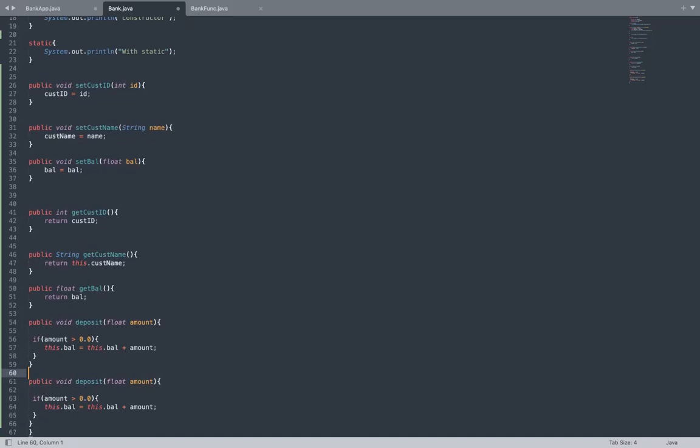Okay. Now, can you go to line number 61 and rename your deposit to withdraw? So here you're going to do the same check. You're validating the amount again. If he enters 0, you're not going to consider it. But here the operation you're going to perform is you're going to minus your amount. Same amount, but instead of plus, you're going to do minus. That is the only difference you're going to make in the withdraw.